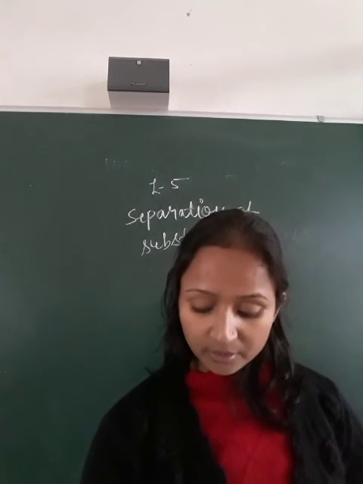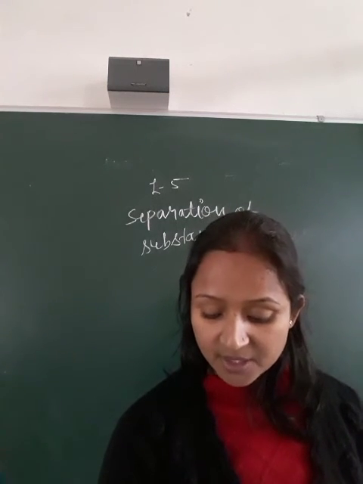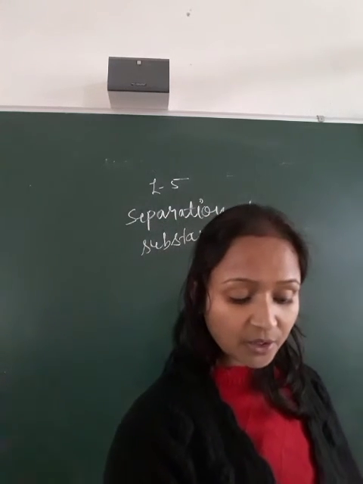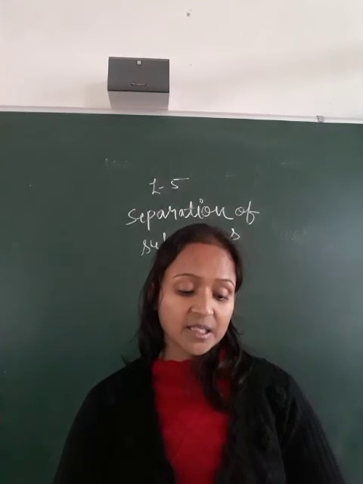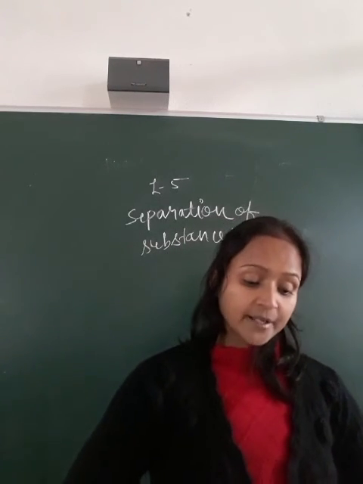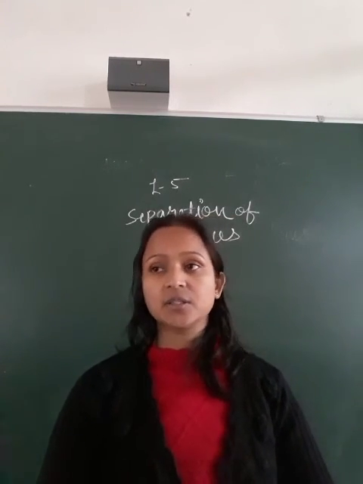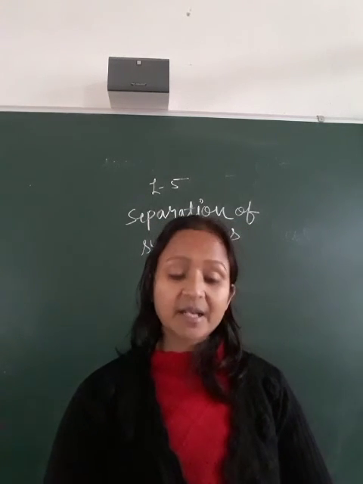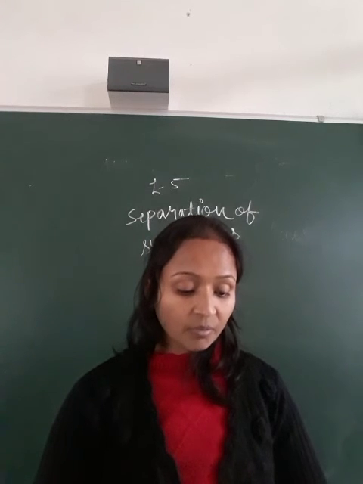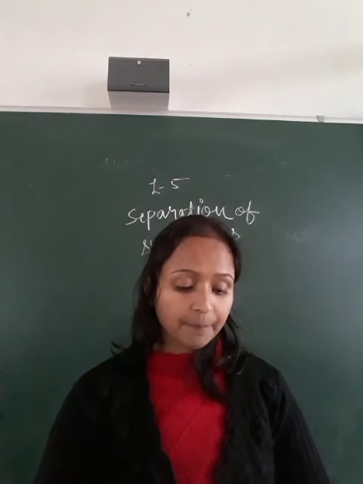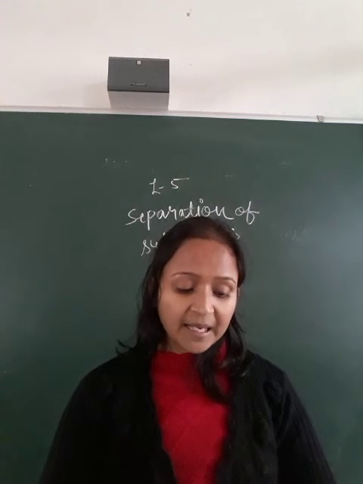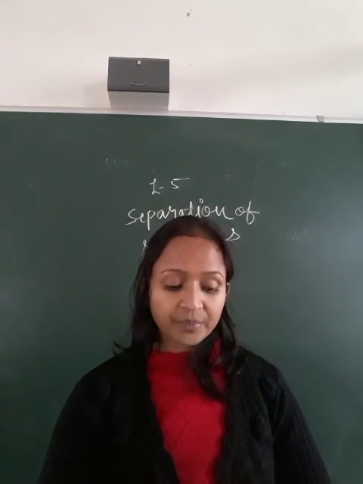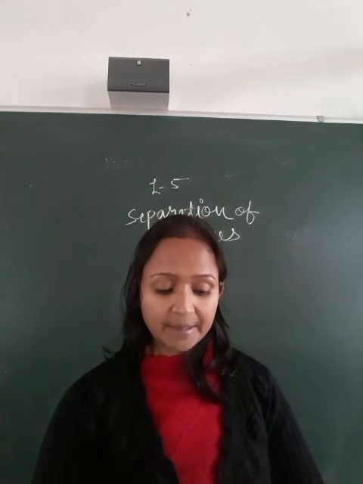Third one is winnowing. This method is generally used by farmers to separate husk from grain. The farmer allows the mixture of grain and husk to fall down from a height, and due to the difference in their densities, the grain, which is heavier, falls down vertically and forms a heap, while the husk, being lighter, is carried away by wind and forms a separate heap at a small distance away from the heap of grain.